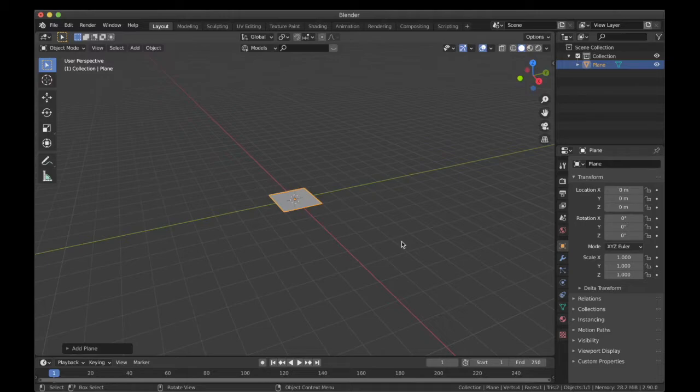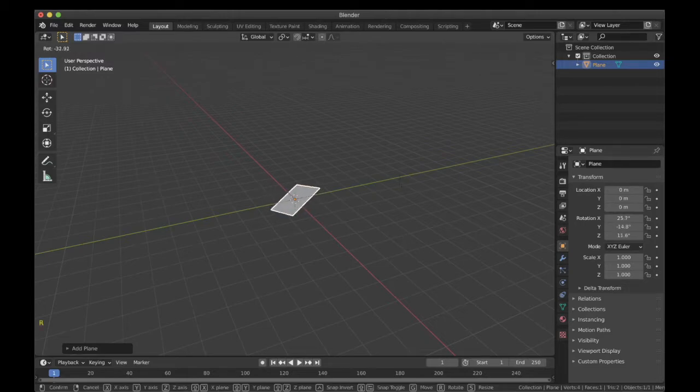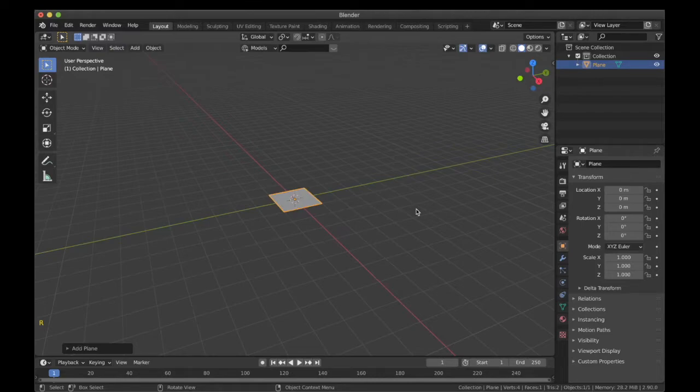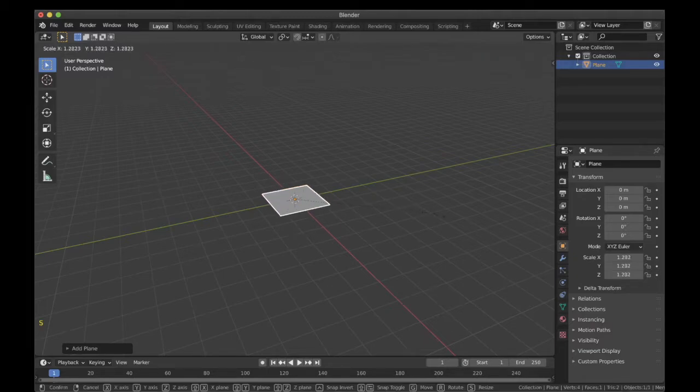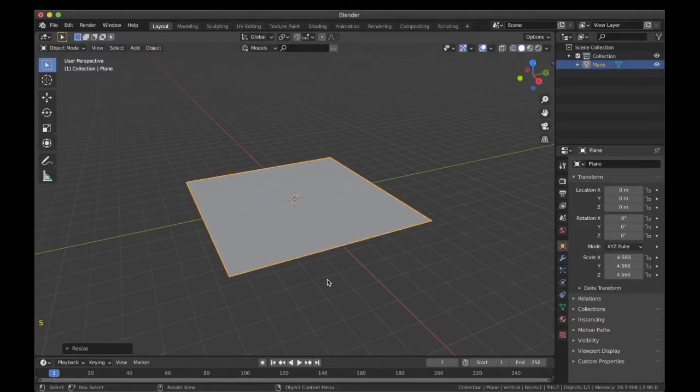Now to rotate that command, I can press R and it will rotate. Now similarly, if I want to scale along a particular axis, I will press S and then press the axis I want to scale it along. The same will apply to R and G. To learn this in detail, please go to the previous video and do watch that. For now, I will scale this over here up to a random amount.